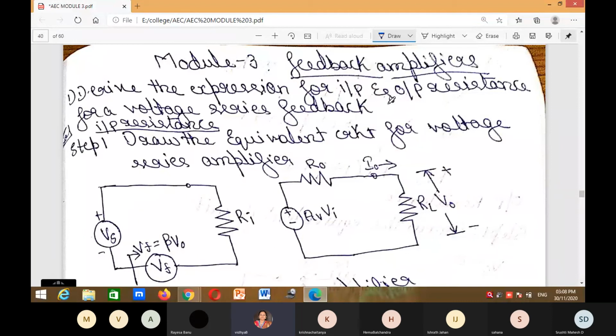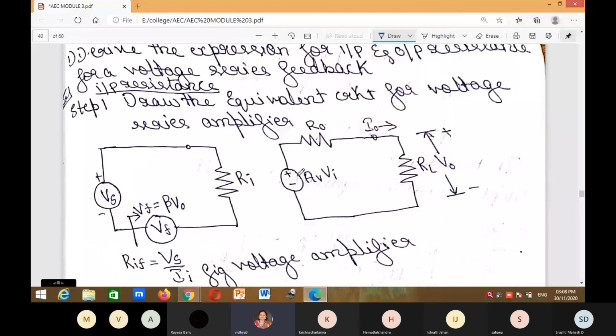Okay, how the circuit is, how the resistance should be connected, whether in series or parallel, you should know. And whether the output should be voltage or current, and what is the input. You need to know what is voltage series feedback, voltage shunt feedback, current series feedback and also current shunt feedback. Just glance at it once.